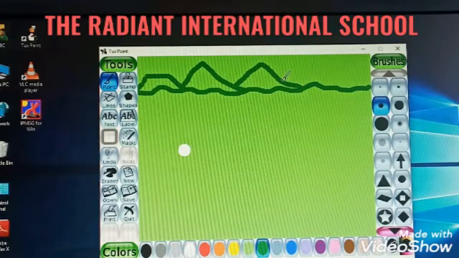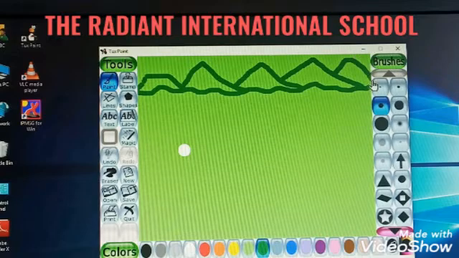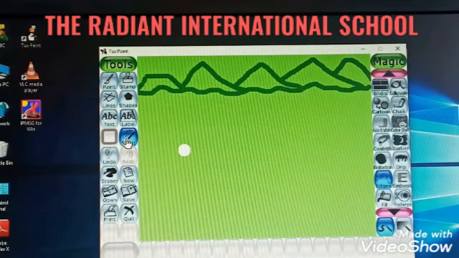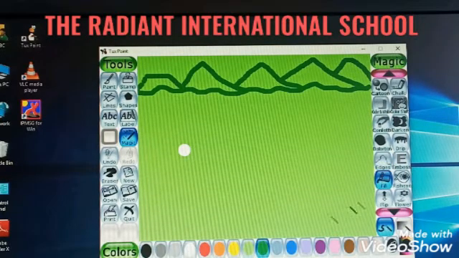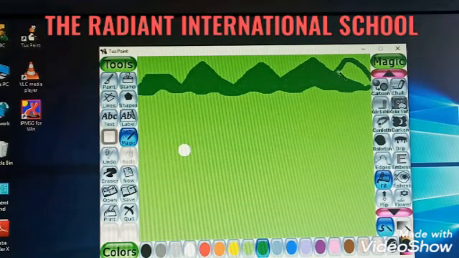See, I am drawing all this using a paint tool which you have already studied in 3rd standard, right? I have selected paint tool. I have selected the color. Whichever color you want you can select, and then you can do this. Now I will fill this with green color. So for filling, what I have to do is I'll use fill from magic. You have to select magic tool, and here there is a fill tool, right? You can see here fill. So select fill tool. Whichever color you want, select it, and I have filled this, okay?